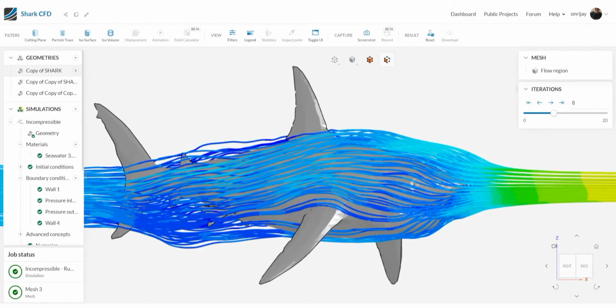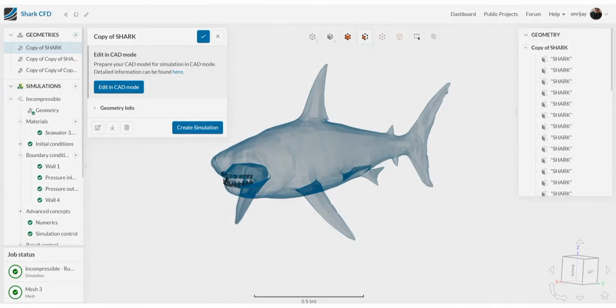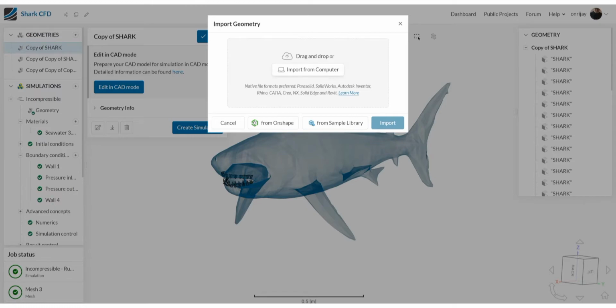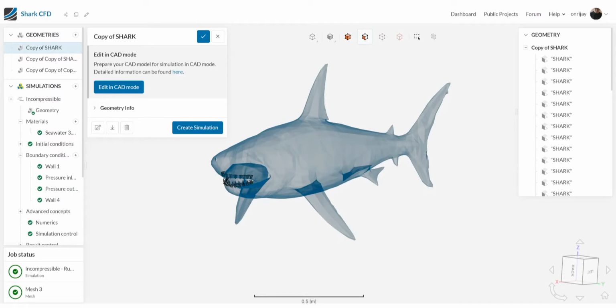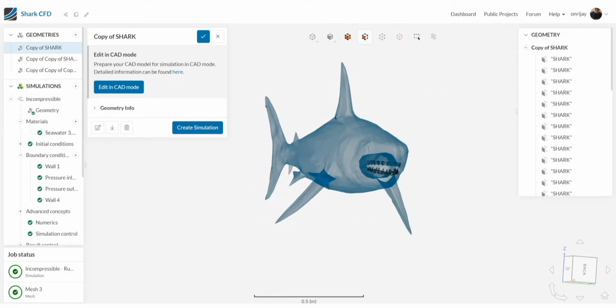And then once we import it into this software here, there's a button here. It says import geometry. Once you import this here, it'll ask you to select from different file formats that are compatible with this CFD software. So once that is done, you go to here, this Cad Mode. So the Cad Mode is just a way to do post-processing and editing, scaling, further scaling, refining of the 3D